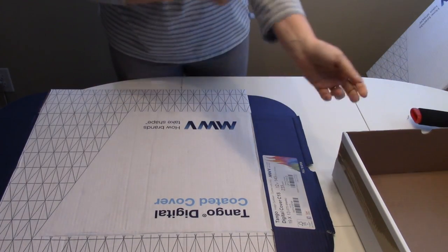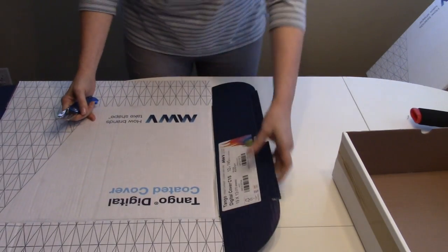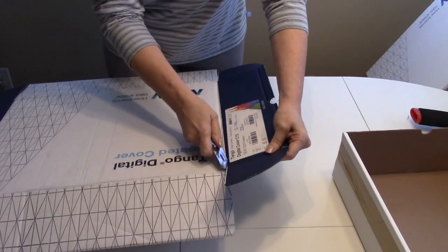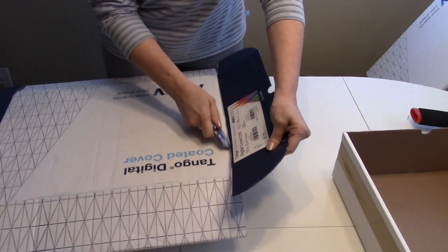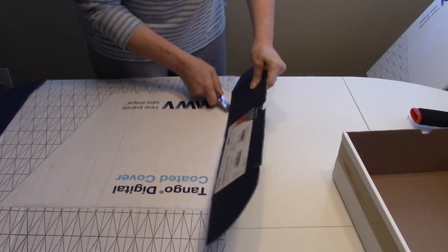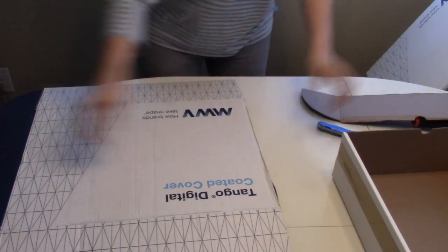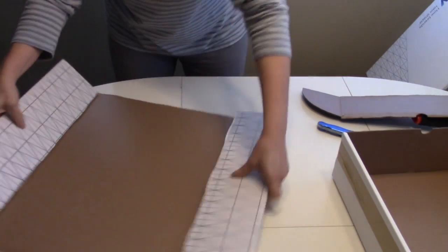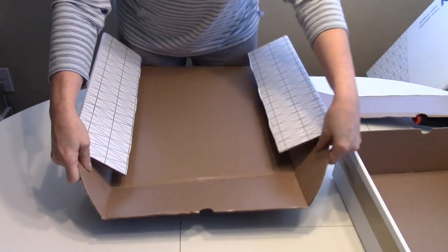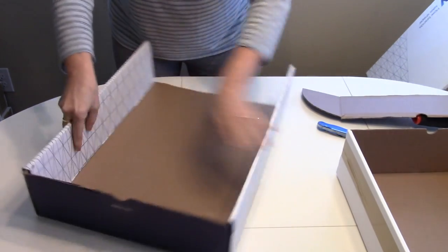That's all you need for this, some tape and a sharp utility knife. So just right here at the seam, I'm going to cut this flap off. Like so. Now I'm going to fold this back up and put it together like that,